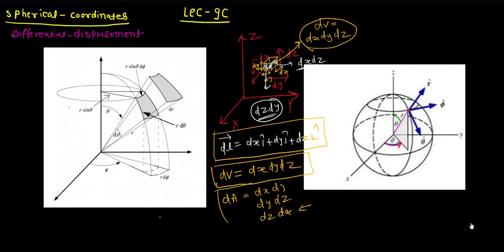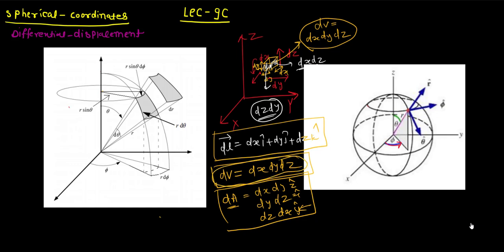Okay, so now the area would also have the direction. Whenever you are in the xy plane, the direction of the area would be in the z cap. It would be x cap and it would be y cap. But the volume does not have any direction. Okay, so volume is the magnitude only.